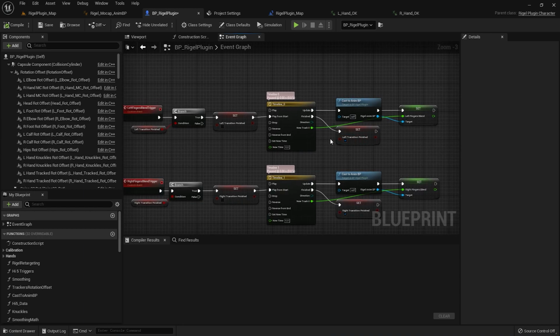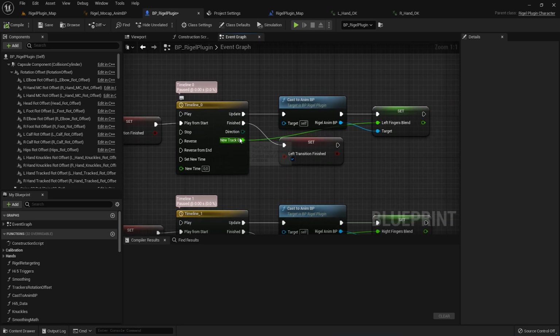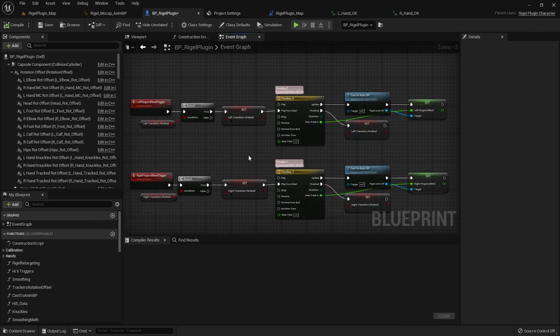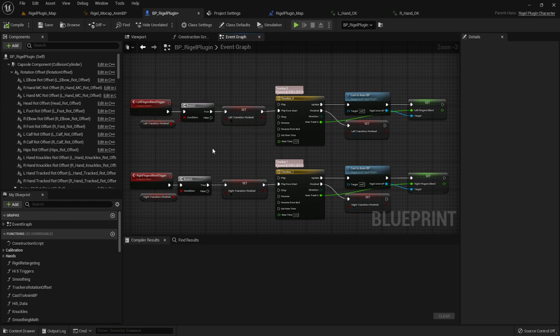And what happened here is that that value that goes from 0 to 1 is transferred inside the animation blueprint for the float that we saw before, which is in short this one. And the same thing happened also for the right hand. The boolean that you see here and at the beginning of the custom event has been added just to make sure that if you press the trigger too soon and the timeline hasn't reached 3 seconds,